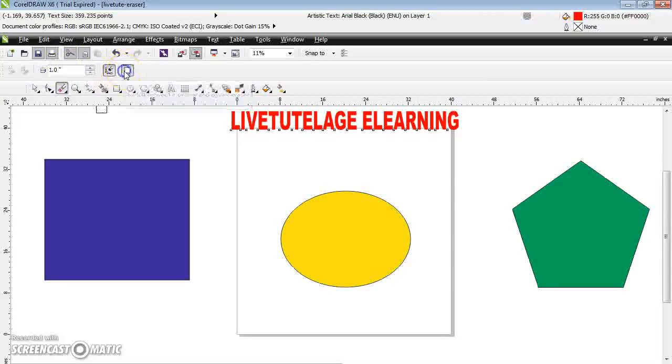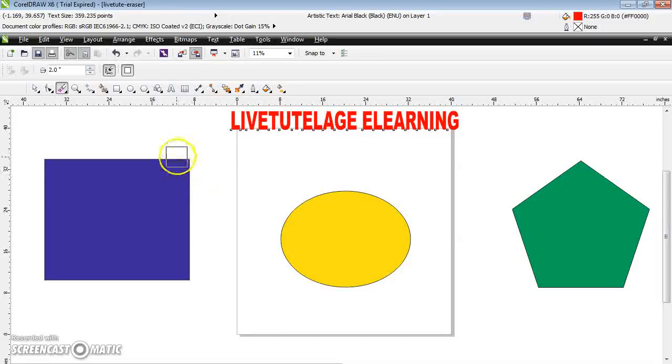So suppose I have selected the square shape and come to your current page, you can find the size of the eraser. If you want the thickness to be more, you can increase the thickness here by using the upper arrow, or you can directly type how much thickness you want from the keyboard and just enter. Now when you move to your current page, you can find the increased thickness of the eraser. So this is your eraser.